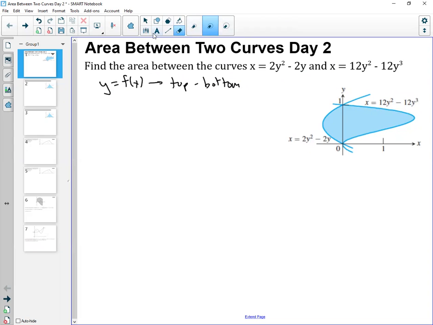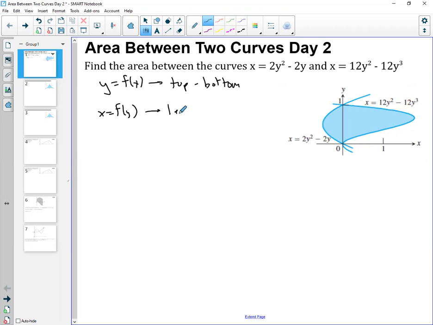You'd have to solve this thing for y to do it horizontally, like imagine it's top minus bottom, but you can't really solve this for y, not in a reasonable way. This one's even more difficult. So if we have x equals f of y,